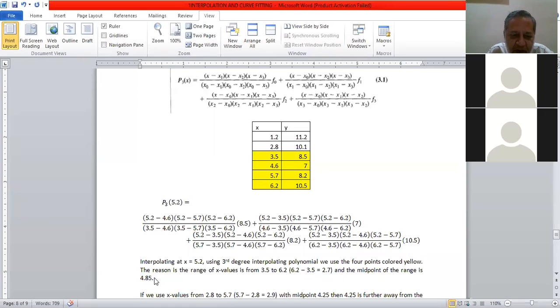Now note the distance of this mid of the range from the x value where we are interpolating. हमें 5.2 में interpolate कर रहे हैं और हम जो डेटा इस्तेमाल कर रहे हैं उसकी रेंज का मिड पॉइंट